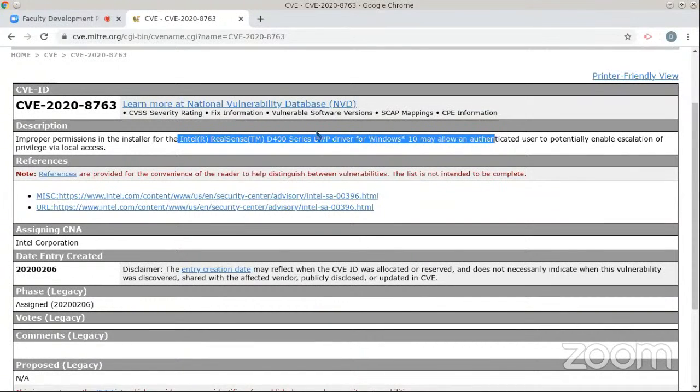So the combination of that hardware and that operating system, and as you are using that particular driver, creates a problem for you where you have improper permissions to access and may allow an unauthenticated user to potentially enable escalation of privilege via local access. So any person who tries to access your computer, the moment they access your computer, they try to escalate